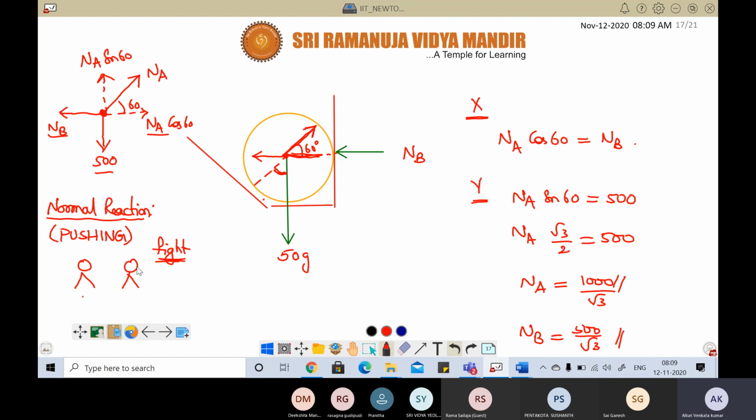When two brothers are fighting, suppose A and B, A will push B this side, B will push A this side. They don't like each other. So same way here also, these two contacts don't like each other. So sphere will push inclined plane which side? Towards left. Which quadrant? Fourth. Correct. And now inclined plane will push the sphere which side? Upwards, the first quadrant. Correct. So this is the easiest way to remember.